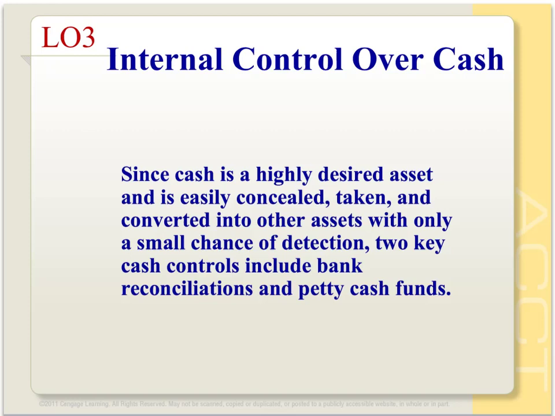Our second learning module will be how to do a bank reconciliation and understand the components of a bank rec. So first of all, internal control over cash is probably one of the hardest ones to do and is probably the most important one. Since cash is a highly desired asset and easily concealed, taken and converted into other assets with only a small chance of detection,